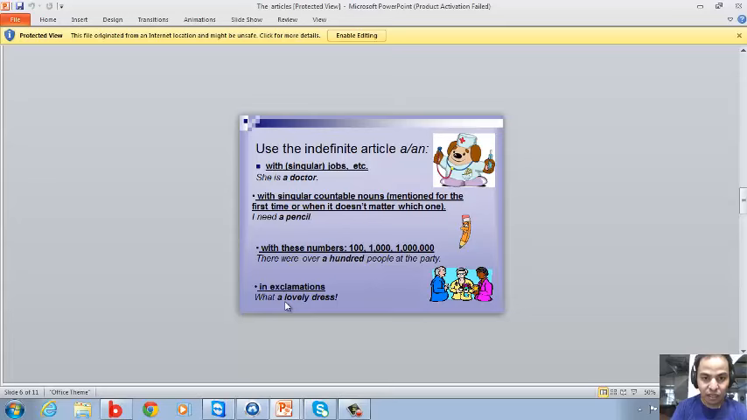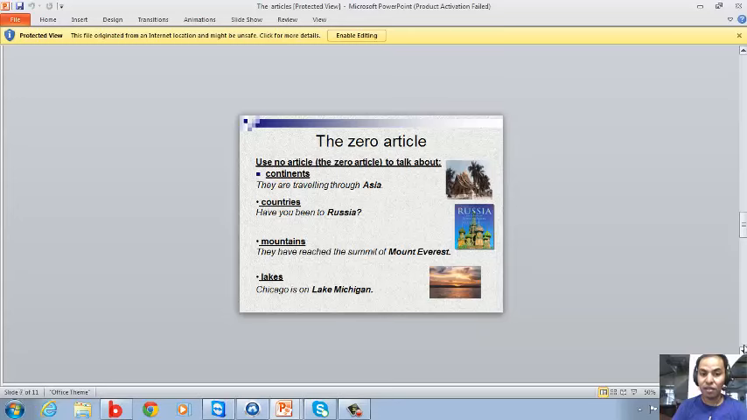He is trying to talk about the lovely dress, and a is in use again instead of an, because it starts with a consonant letter, a consonant sound. The zero article, we use no article, the zero article, to talk about continents, just like Asia, countries